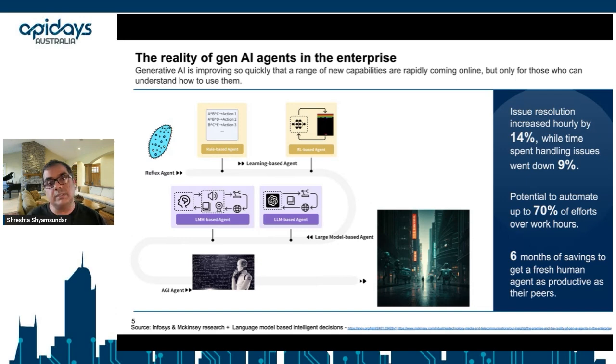On the right-hand side, you would see some of the value that has come out of our research and that of McKinsey in terms of the value that these agents have delivered as part of issue resolution, as part of automation, as well as helping level up fresh talent with those who've been on initiatives for a period of time, and has generated savings at scale for businesses. Therefore, giving you an essence of how valuable these can be in an enterprise setting.